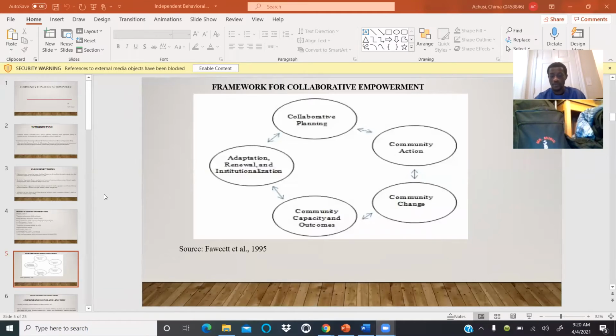Here is just a chart on the 5th slide of the framework for collaborative empowerment. We have the collaborative planning, community action, community change, community capacity and outcomes, adaptation, renewal, and institutionalization. Also, moving forward, we have the 6th slide,